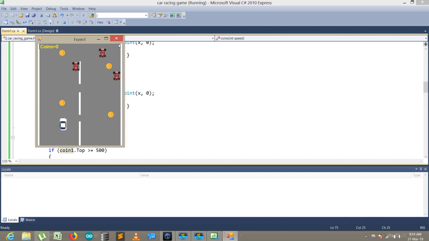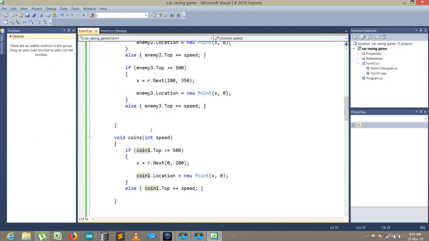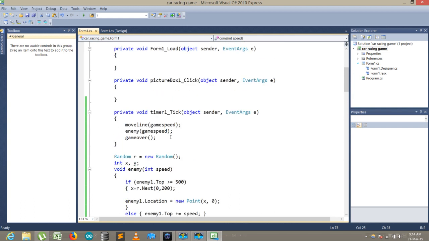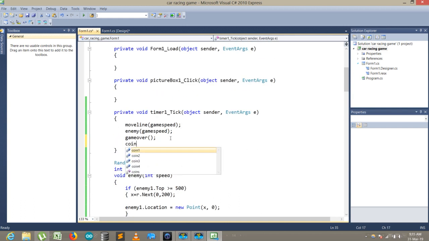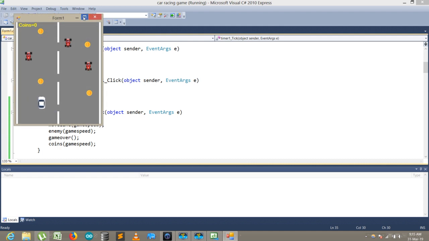No coin is coming downward. But why? Because I didn't execute it in the timer. Now see. Here one of the coin is coming downward,